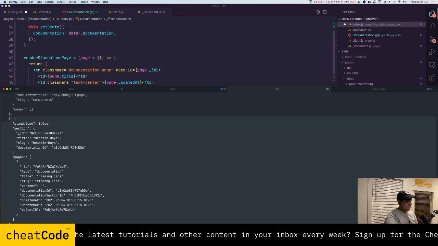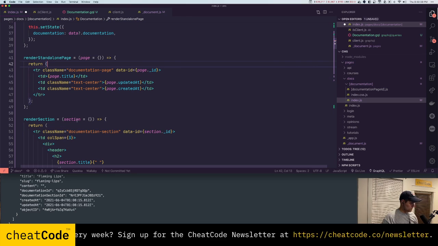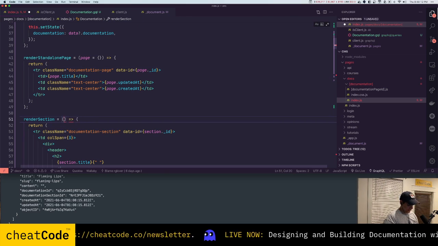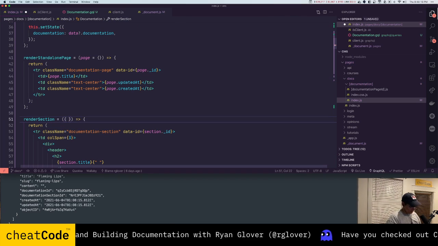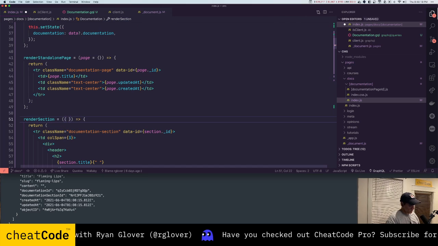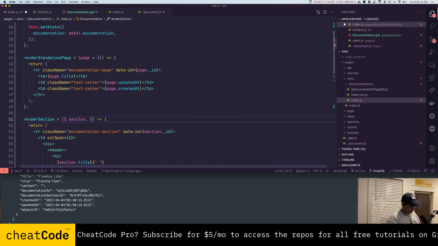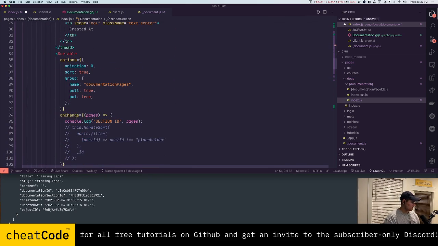Technically, it's section.section.title. So we got to be very careful here. So what we're going to do, kind of hesitantly, because this could cause a runtime error, could being the key word there, is I want to say section like that, pages like that, which actually works out because then